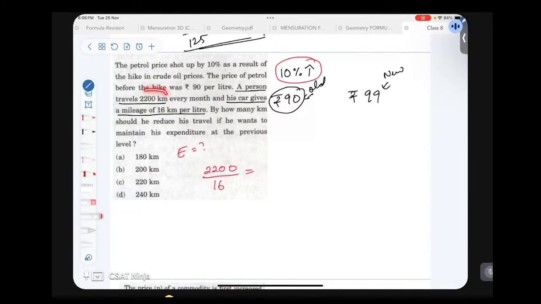The value here, 2200, is the kilometer traveled, and the mileage is 16 kilometer per liter. If I want to find how many liters of petrol was consumed, then how do we do it? If I divide this kilometer by mileage, it will give us the liters of petrol consumed. Okay, so let's give it a try. If we divide this,